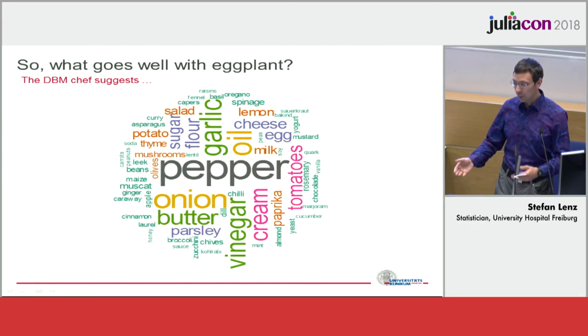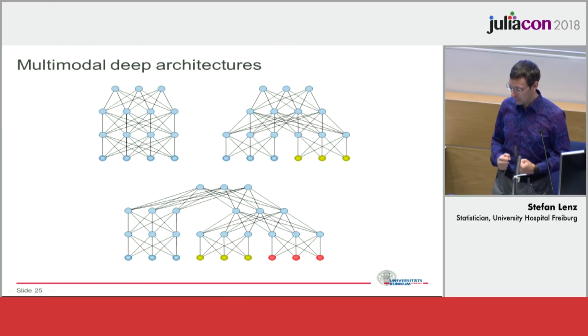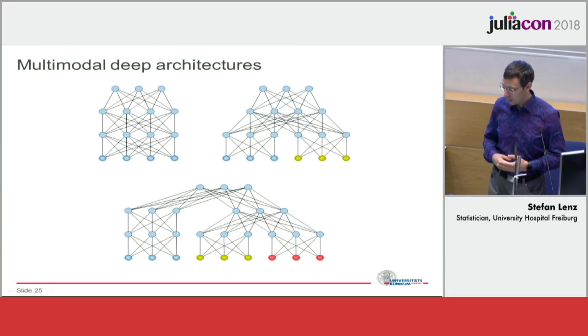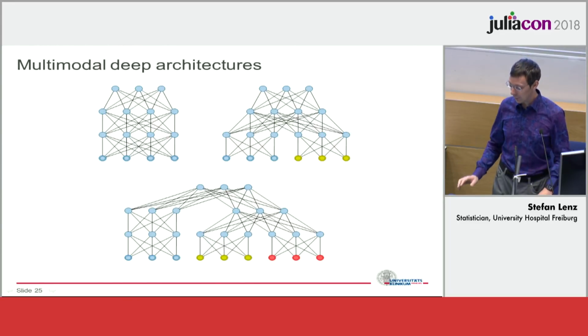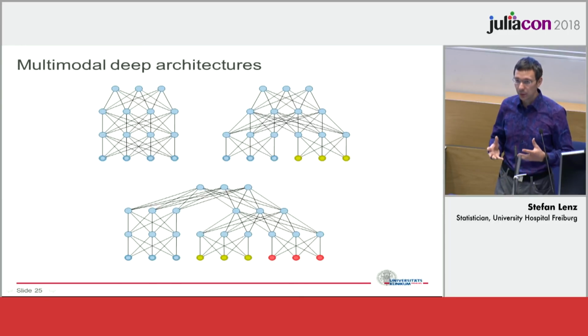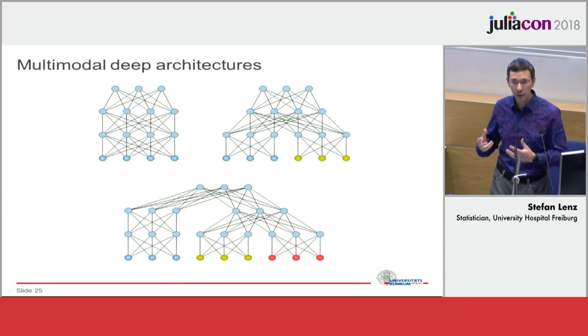And we only had binary variables, but we can also have different input data types and combine them together. That's the multimodal architecture, which is also possible. You can have, for example, a binary data type, which is here indicated in blue, and for example, yellow as Gaussian input, so as continuously valued input. This is useful, for example, in the medical setting, where you want to combine diagnosis and lab results. Diagnosis you would usually encode in binary format, and then the lab results will usually be